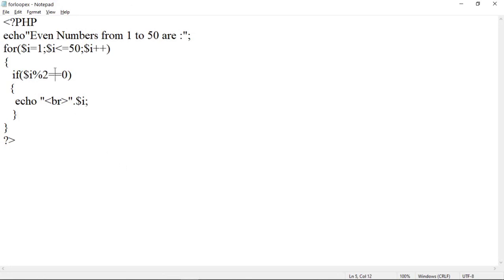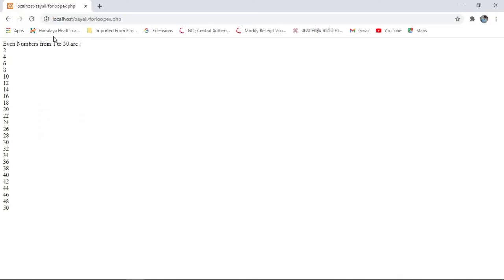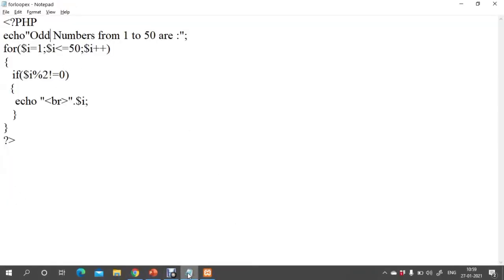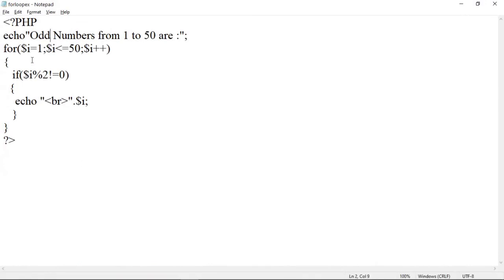Suppose here, not equal to, the numbers printed will be odd numbers. Save this program and again refresh it. See here, 1, 3, 5, 7 up to 49. Now odd numbers are printed from 1 to 50. So in this way you can write any program using loop and if and else statements.